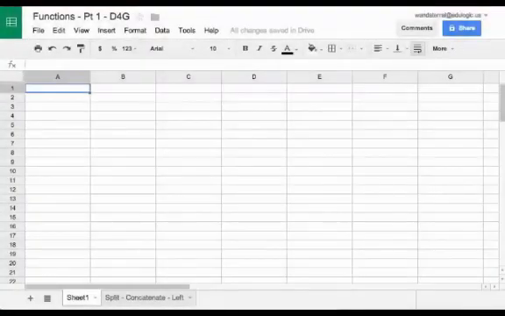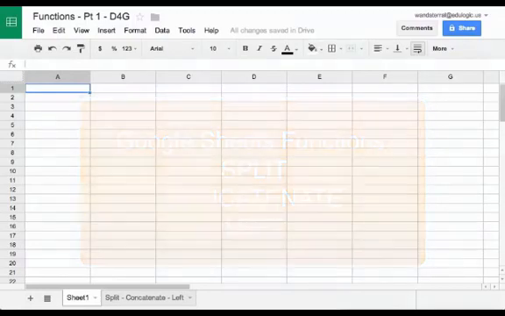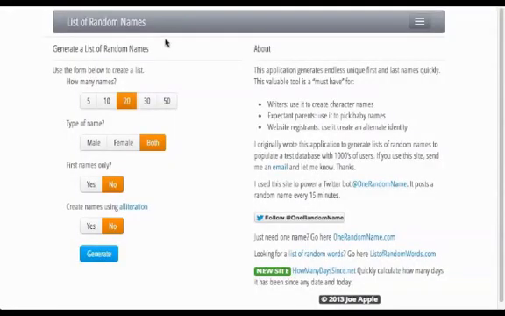Today I'm going to show you a little bit about Google Sheets and using the split, concatenate, and left functions to help manage lists. Teachers have to deal with lists of students, and this gives you a little bit more power over them. So to start with, I'm going to use a list of random names, and I get that